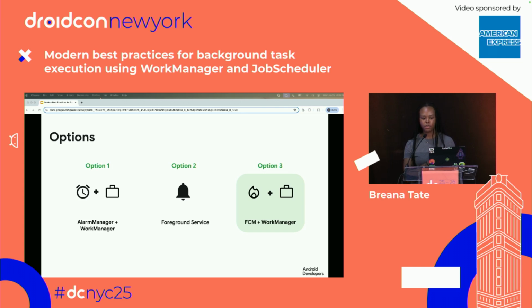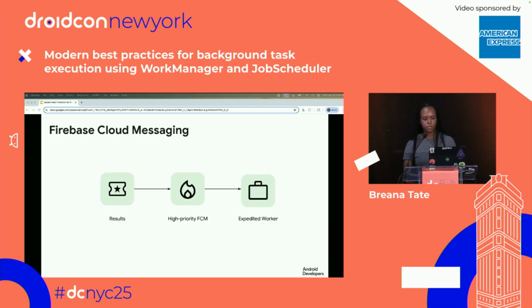And we have to actually use an expedited worker here because we want to ensure that the FCM gets processed as immediately as possible. So, very simple diagram showing the flow. But basically, the backend releases the lottery results, which triggers a high priority FCM. And a high priority FCM versus a normal priority FCM